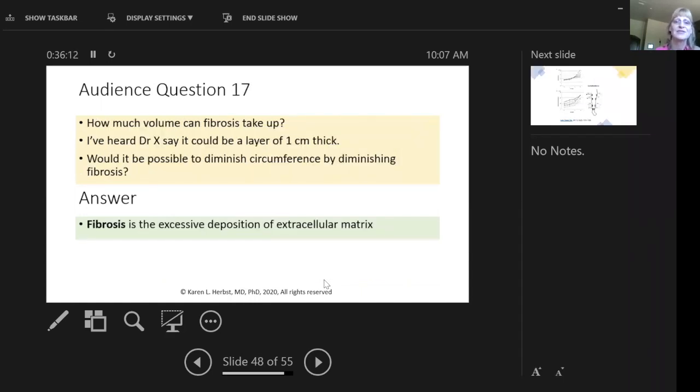Number 17, how much volume can fibrosis take up? I've heard Dr. X say it could be a layer 1 centimeter thick. Would it be possible to diminish circumference by diminishing fibrosis? And the answer would be yes. Fibrosis is the excessive